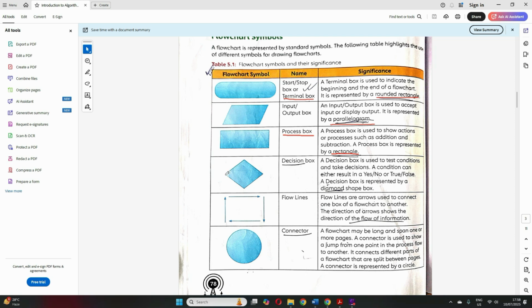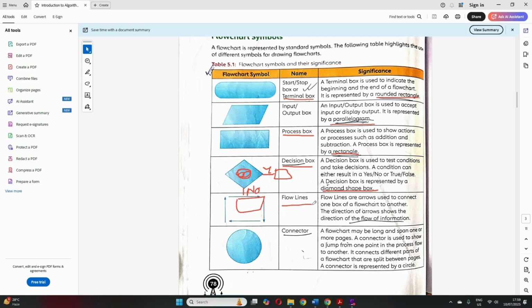So for any decision related steps, we use the decision box, which is a diamond shaped box. And it will always have yes or no coming out from it. Based on a certain condition that we give here, if that condition is satisfied, if it is yes, we do some work here. If it is no, if it doesn't satisfy, we do some other work here. Clear? So that is the decision box for you.